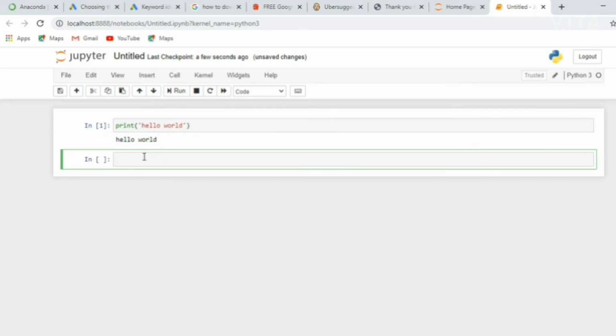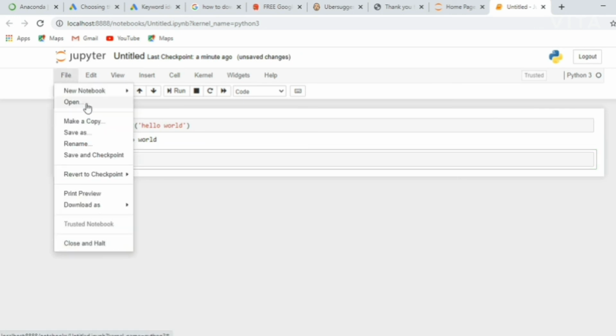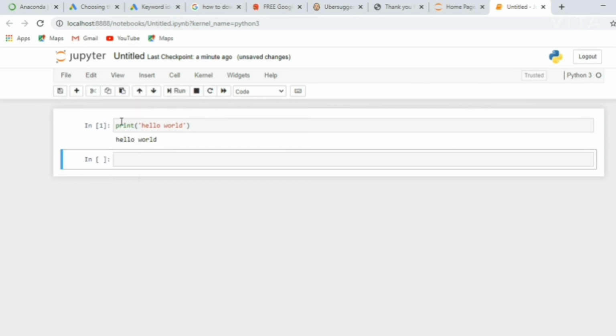So here's the File command. Here you can create a new notebook and edit the file. Using this cut option, you can cut the cell of this button, and when you click on this Untitled, you will be able to give whatever name you want to this notebook, you can give it from here and click on the name.